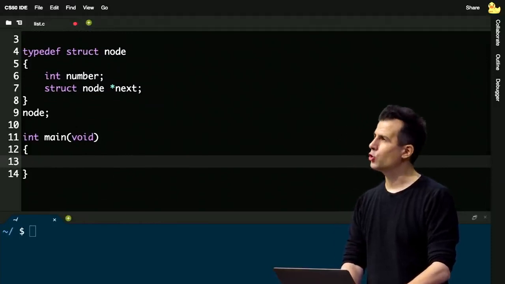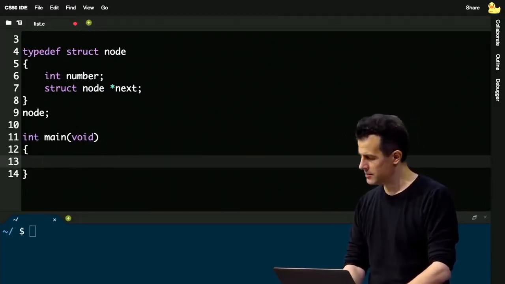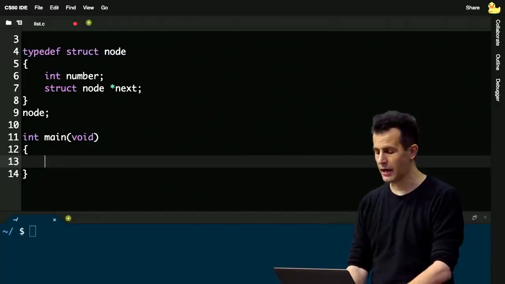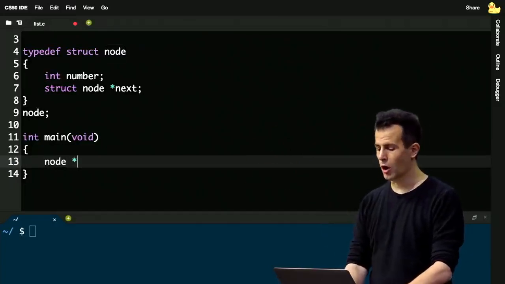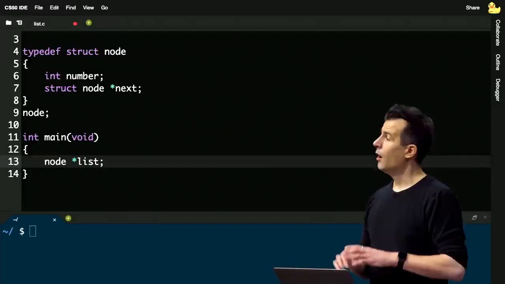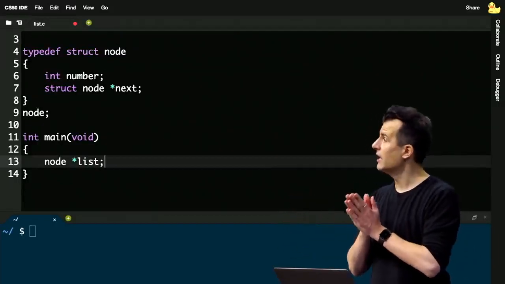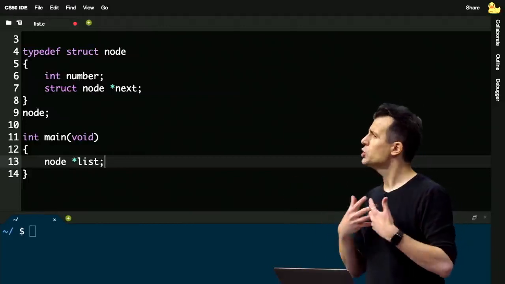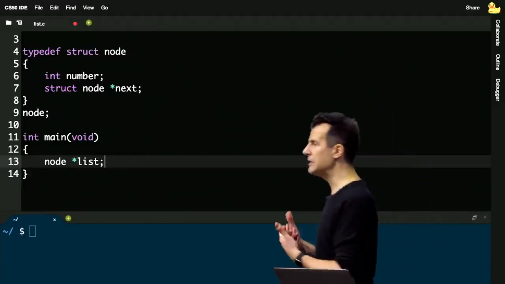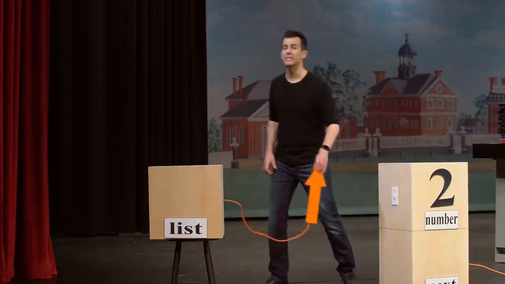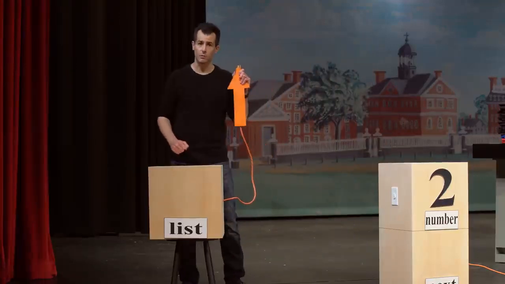So let me go ahead and create an empty linked list. The simplest way to translate the simple block with which we began today is just doing node star list semicolon. Unfortunately, anytime you declare a variable that does not have an assigned value, it's garbage. And garbage is bad in the world of pointers. Again, to be clear, if you create this variable called list and you do not explicitly initialize its value to be something like null, pointing at the ground,